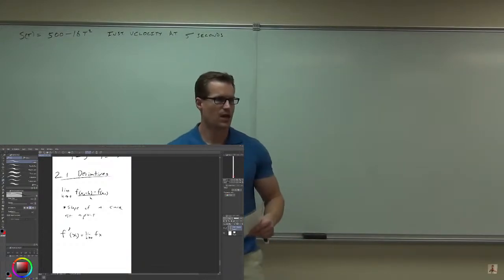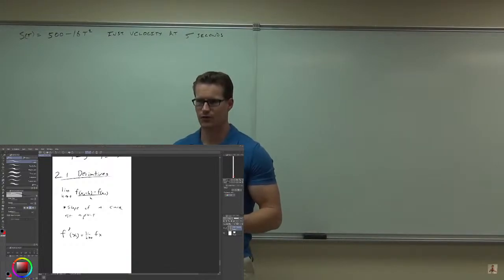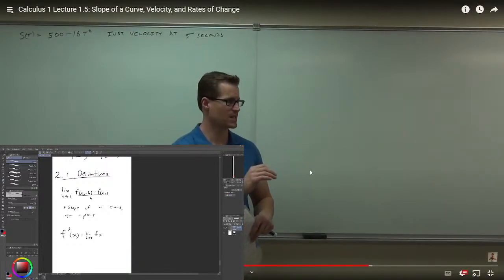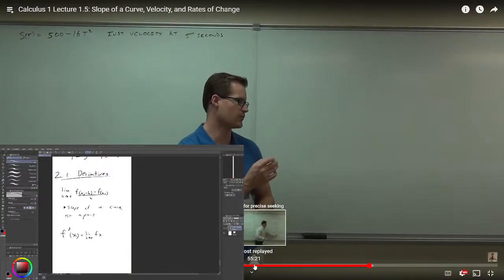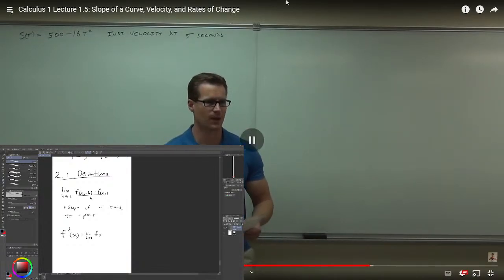I think I gave this example. If you're driving down to LA, let's say it's about 300 miles, and you make it in 5 hours, how fast were you going? A lot of you are saying 60 right now, because 300 miles divided by 5 hours gives you 60 miles per hour, true? However, what you just did was an average velocity, an average speed, as a matter of fact. The overall distance divided by the overall time gives you how fast you're going on average. Now, realistically,